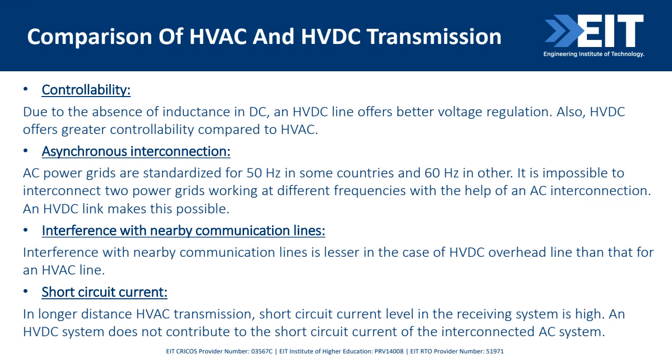So basically, they convert this into DC and then at the other end convert it back to AC at the required frequency. Another factor is interference with nearby communication lines. This is something to do with electromagnetic interference, as we know, with alternating currents. They produce electromagnetism and electromagnetic waves, which can interfere with the surrounding systems, communication lines, which is a